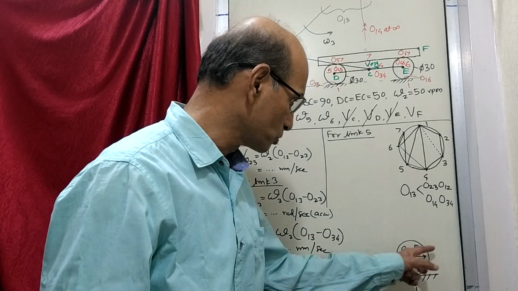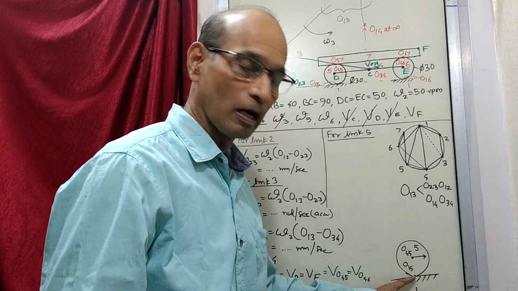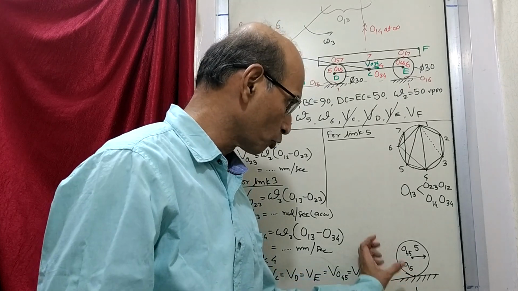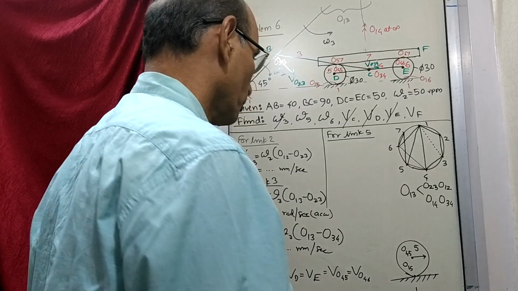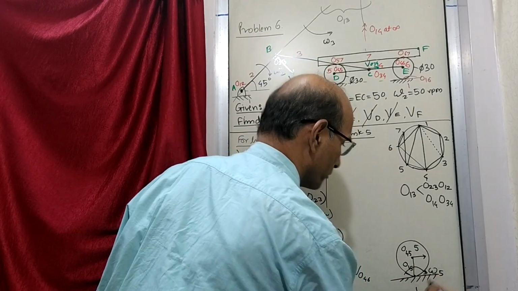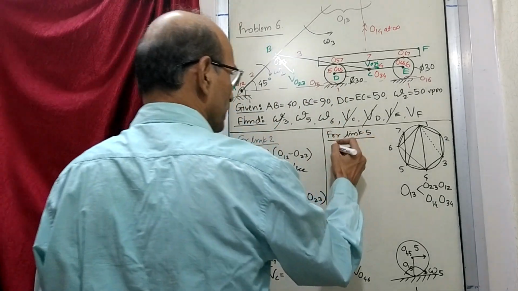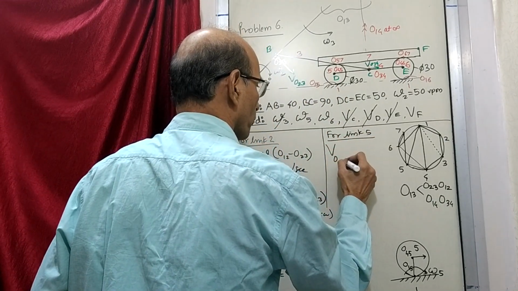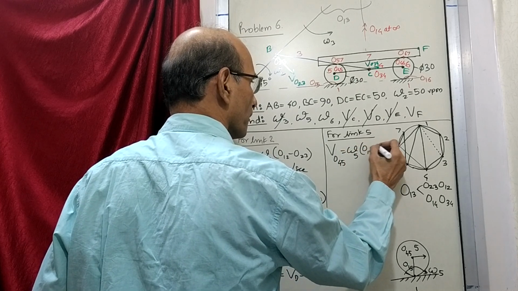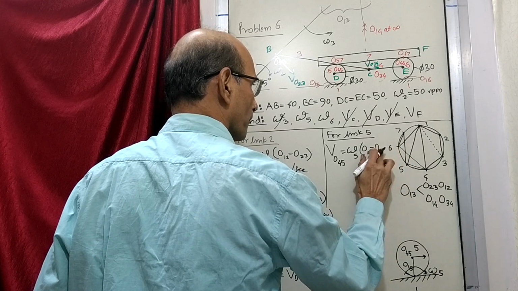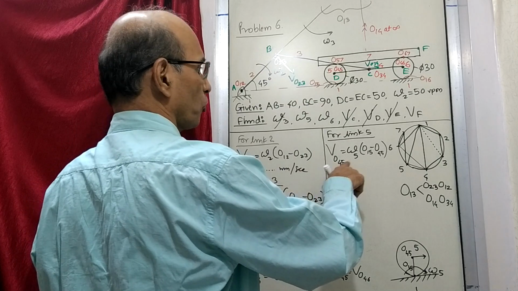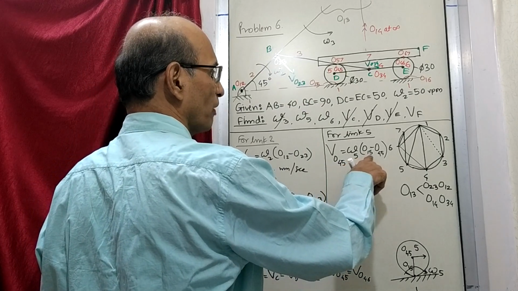Now this link number 5 is rotating about this point. At this instant, one point is going there. So the velocity of this point is where it is rotating about this point. This link is rotating about this point. Because of that, you can say that this becomes your omega 5. So for link number 5, I'll write here: velocity of point O45 is equal to, we are writing the same way, velocity of 45 is omega 5 times the distance from 15 to 45.